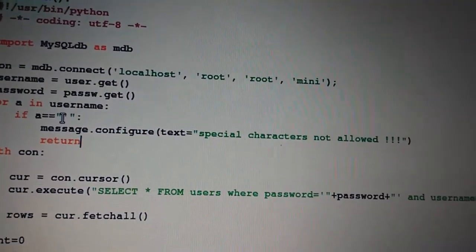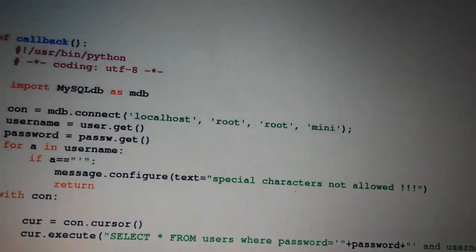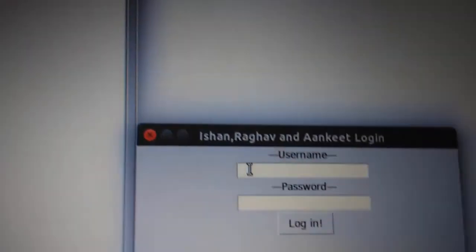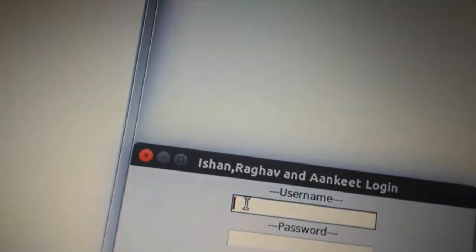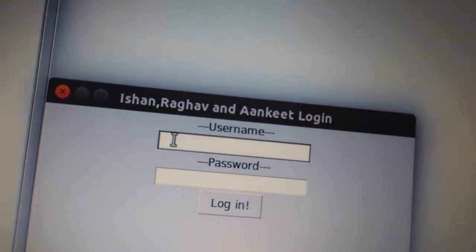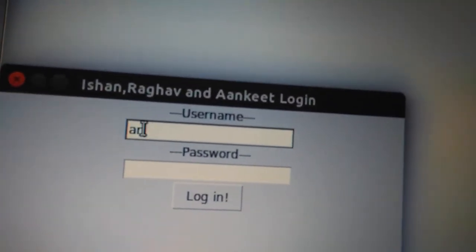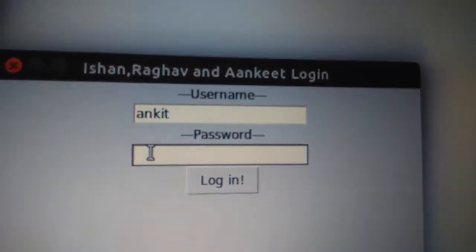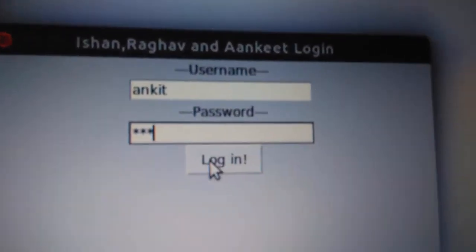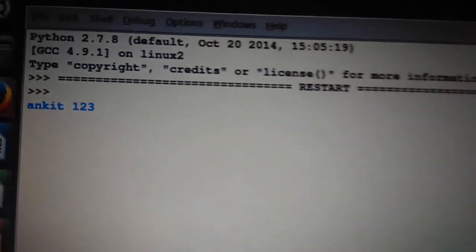Now to run this code again. Over here, now we entered the previously problematic code. Okay, first to test it again. Aankeet, and if I remember correctly, the password is 123. Obviously it is logged in and it shows Aankeet123 over here as well. Now the previous problematic code,